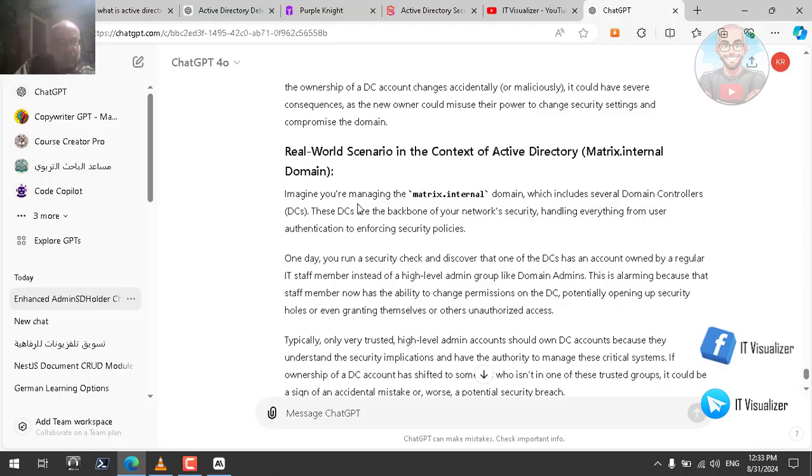Let's see an example. Imagine you are managing the matrix.internal domain, which includes several domain controllers. These DCs are the backbone of your network security, handling everything from user authentication to enforcing security policies. One day, you run a security check and discover that one of the domain controllers has an account owned by a regular IT staff member instead of a high-level admin group like domain admins. This is alarming because that staff member now has the ability to change permissions on the DC, potentially opening up security holes or even granting themselves